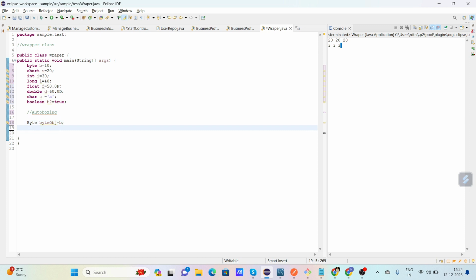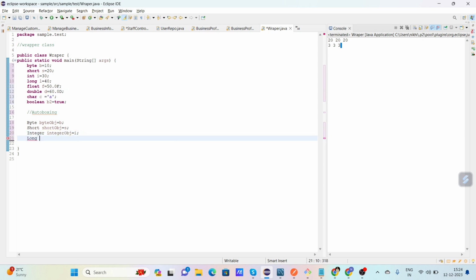If you have a lower version than Java 5, then you should use valueOf methods. So this one is Short. I'm writing Short obj is equal to s, and Integer object is equal to I,